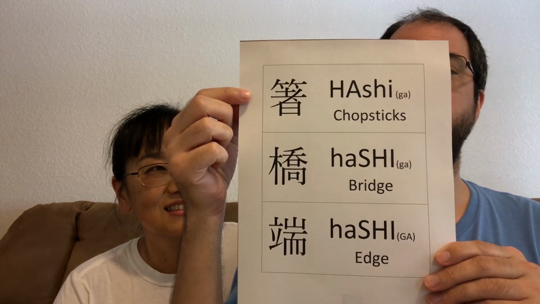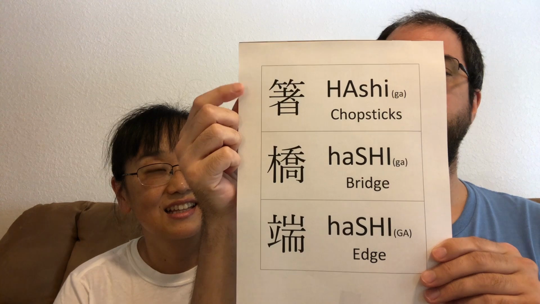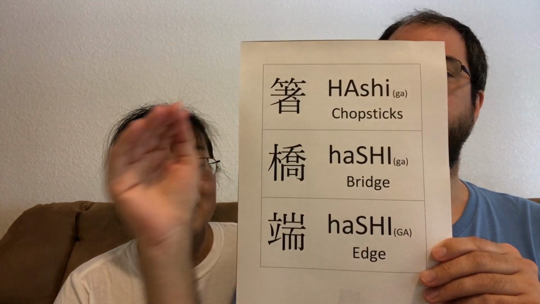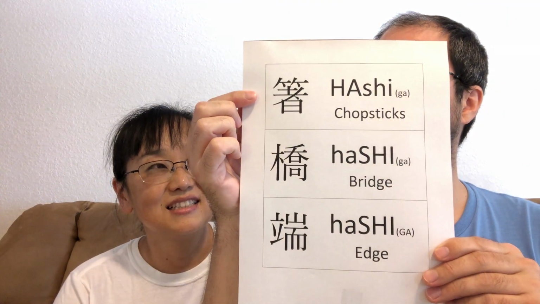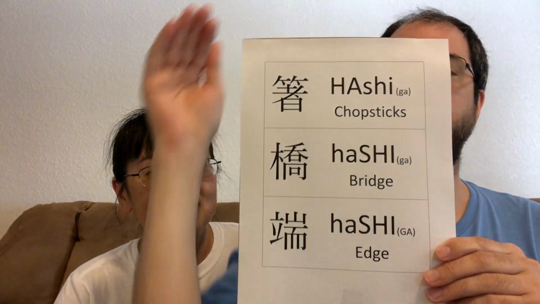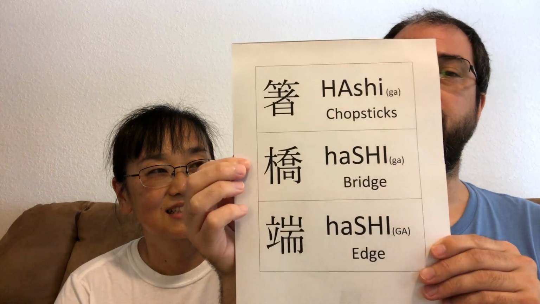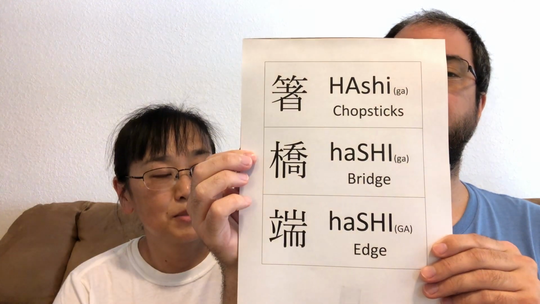So let's do this one more time with the particle. This one just starts high and everything else is low after that. 箸。 And with the particle? 箸があります。 So it just starts high and goes down from there. And then bridge, 橋があります。 And edge,